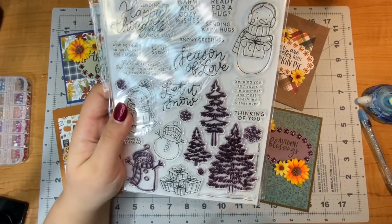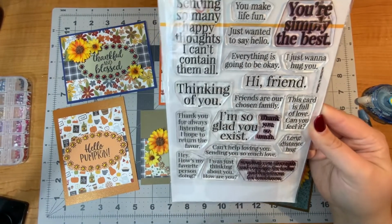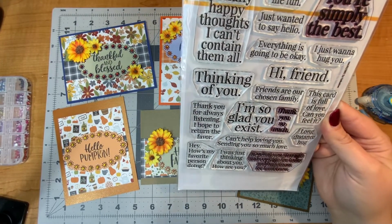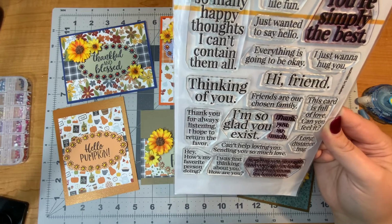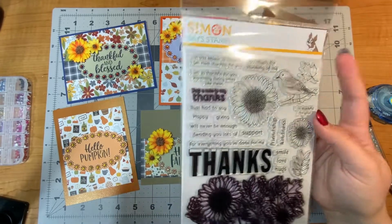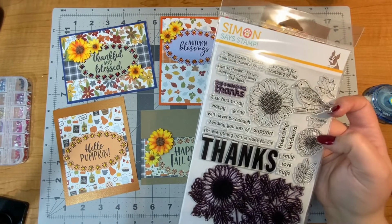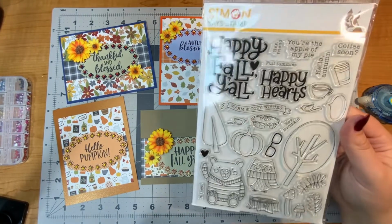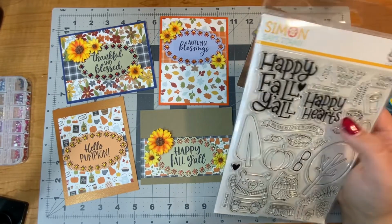This one, when I first got it, I thought, okay, that's a bit bold and it's not really my style. But if you look at it, it's really kind of neat. It could fit into these ovals, and they're just kind of bold sentiments. The font isn't really fancy. It's just kind of typed up, and it works. This one I thought was interesting because it has the sunflower stamps. So you could stamp out sunflowers, color them yourself, die cut them out, instead of buying paper flowers. And this is another fall stamp set from Simon that I have that you could put like happy hearts or something into the